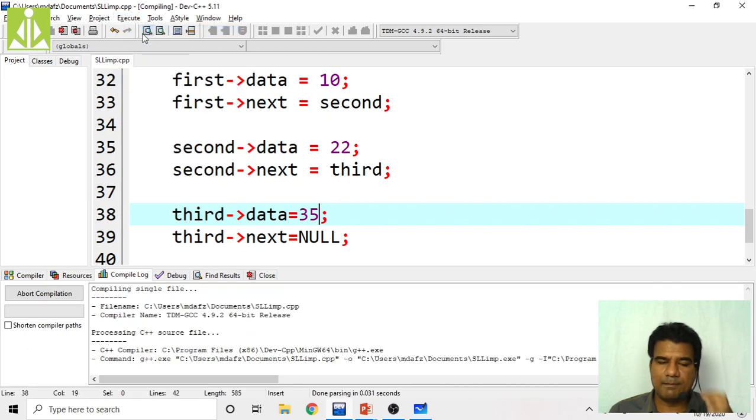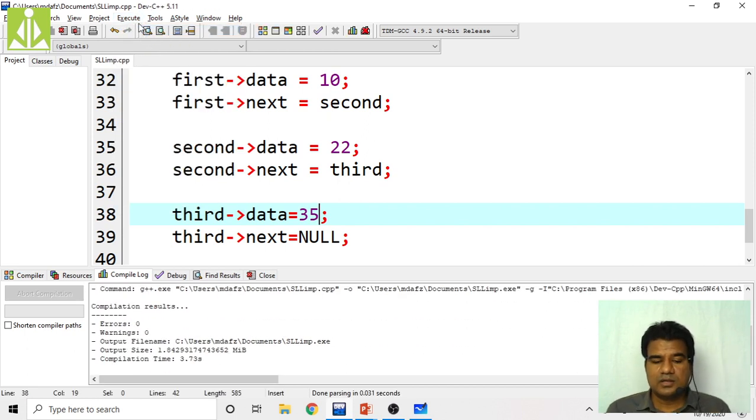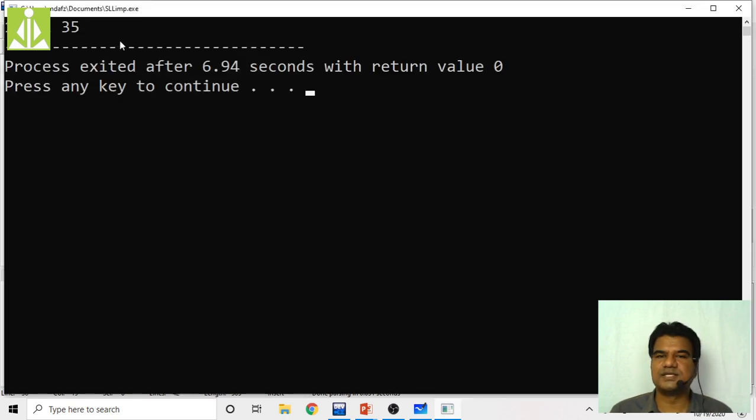Save the content, compile, compilation is successful. Then execute, run, and we get the same content. As you can see, 10, 22, 35. So in this way we can implement a linked list.